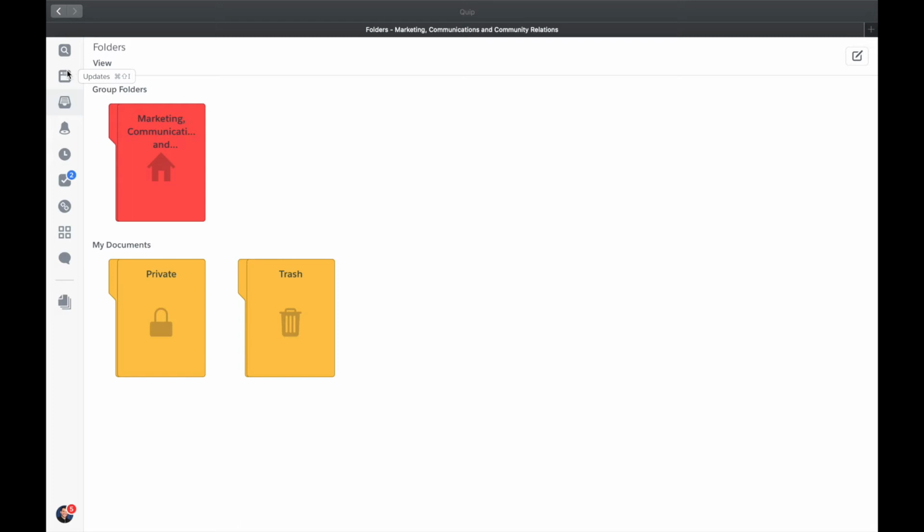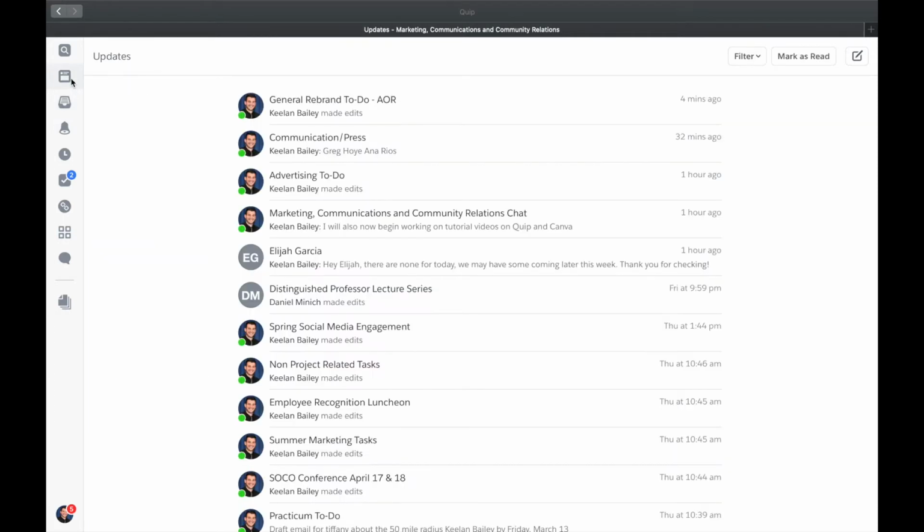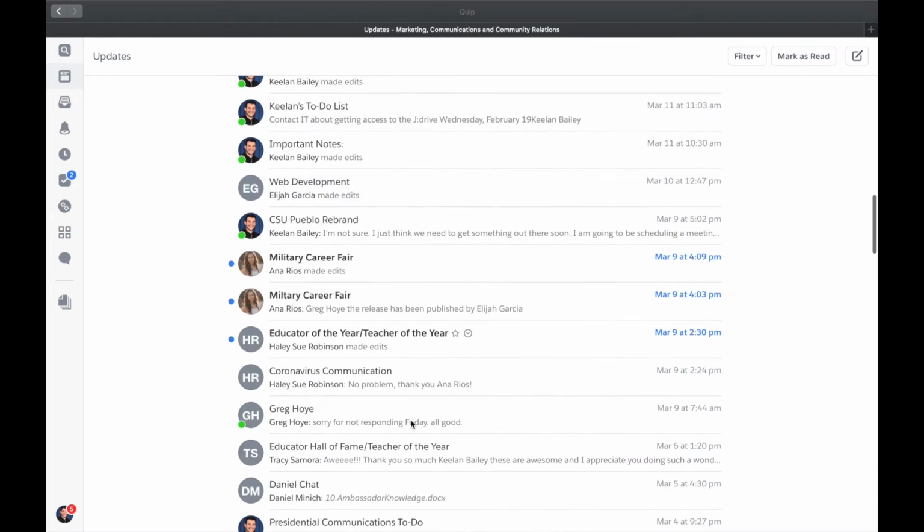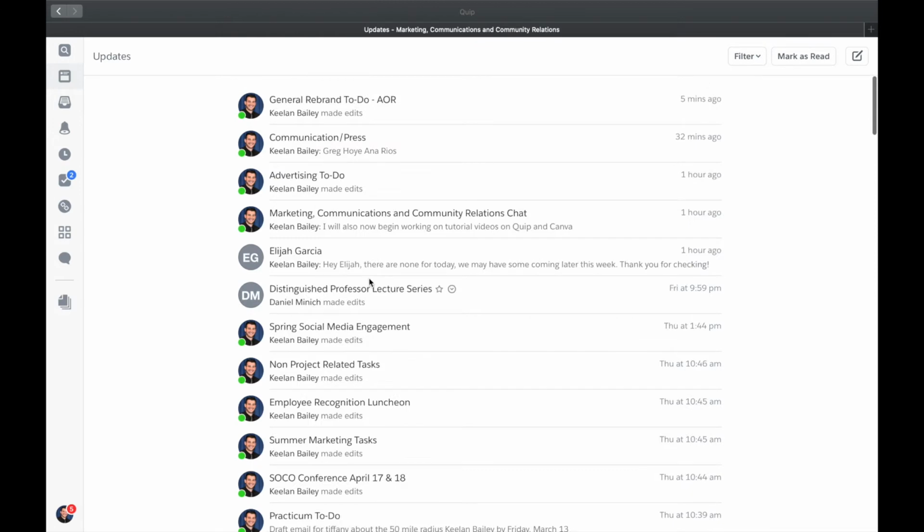I'm going to go over how to use Quip and all the things that it can do, and maybe best practices for using Quip. So, when you first open Quip, you should be taken directly to the update screen. This is a list of everything that's been happening across all the documents, all the folders, everything that we do